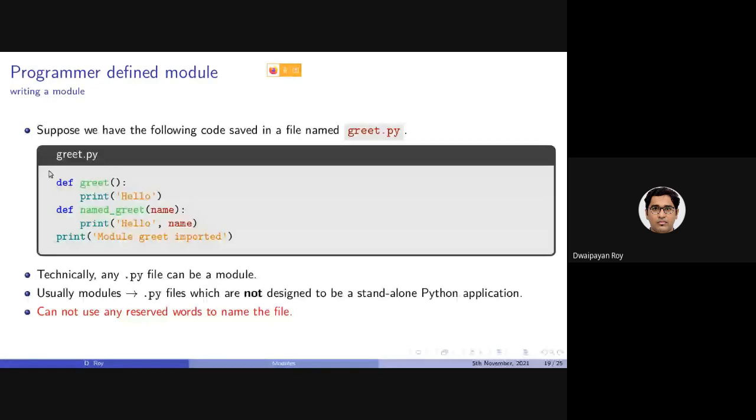For example, if we call a file for.py, it is a valid Python program and if we execute it, it will run flawlessly, but it will not be a module, because for is a Python reserved word. Similarly, while.py is a perfectly fine Python program, but it cannot be used as a module. This is the only restriction on using a Python program as a module.